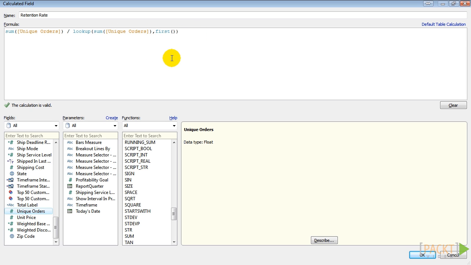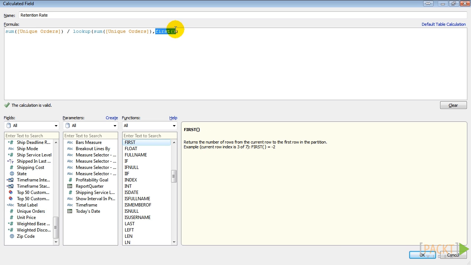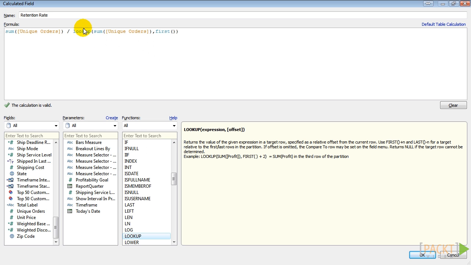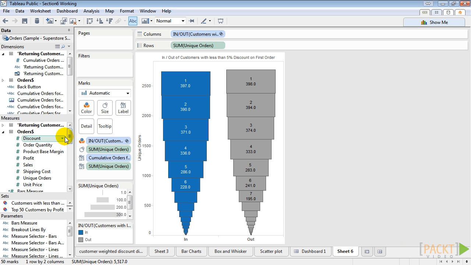The lookup function is a table calc that looks up and returns another data point on the viz based on the parameter you give it, this first element being the parameter. For example, lookup of something, -1, returns the previous number based on the calculation direction that you set, like table down. Remember, you can always click on a function to learn more about it. So let's hit OK, and let's drag this out